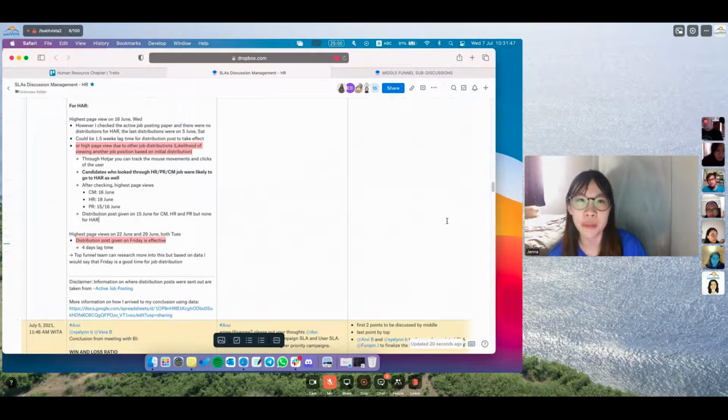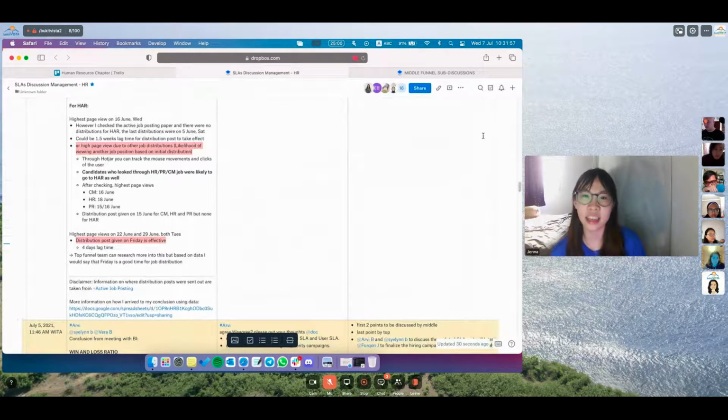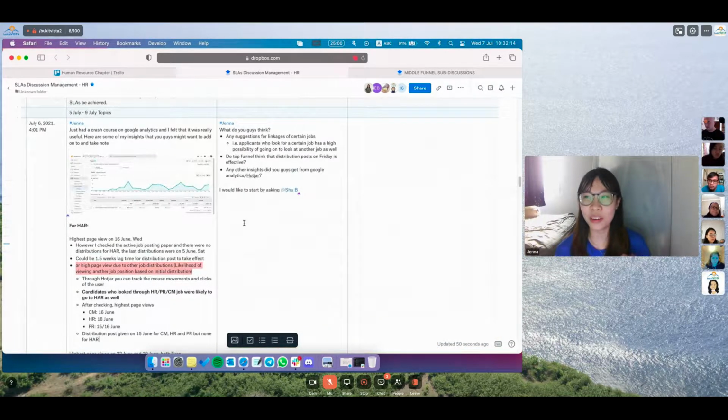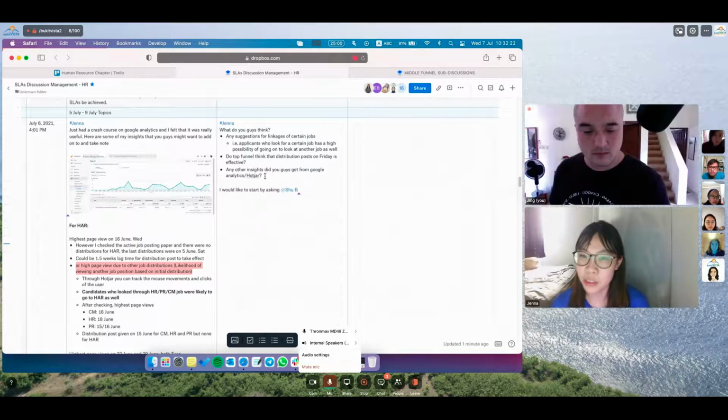And it relates to what I sent in Slack yesterday, some of the changes that I want to make for the website, such as adding pictures to the job website and changing the positioning of high priority campaigns in our job page and our Google form, because when I went on Hotjar, there were some applicants who actually clicked apply through the HAR website, but then there were no applications that came in. So yeah, that's one of the reasons. Back to you, Shumin.